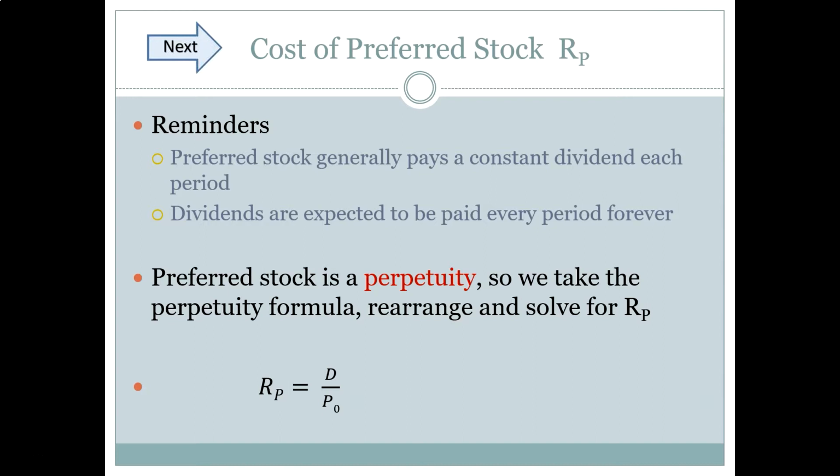The main one being that they pay a constant dividend in every period. Right? So preferred dividends are also announced in advance, and they're expected to be paid forever. So they act a little bit like debt in that when you buy a preferred share, you know what the dividend is going to be. You know that you're going to get it forever. So it's almost like the interest payments on a debt, which are known in advance.